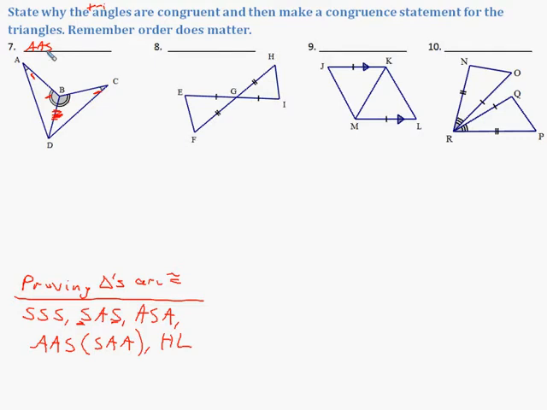And I'm going to go ahead and put the congruent statement down here. Triangle, and I'll just start with this one on the left, ABD, is congruent to triangle. And we want to put what corresponds to A, so that's C. And then when we come into B, D. So that's the congruent statement, and order does matter. Number 8,